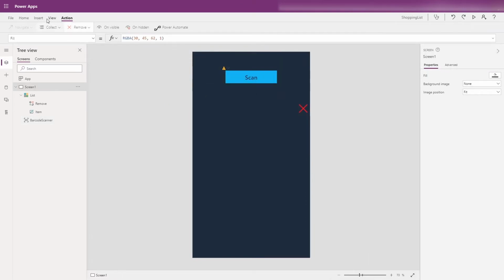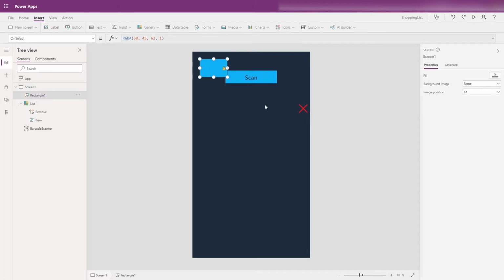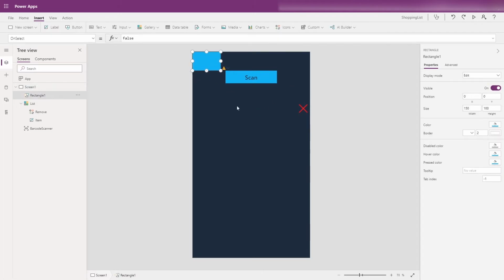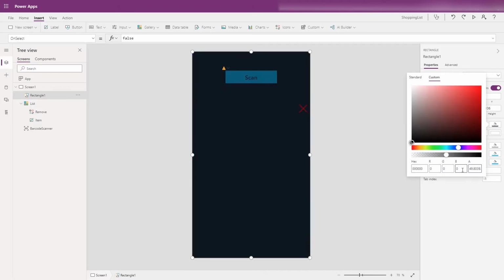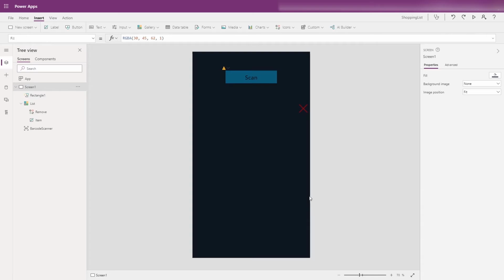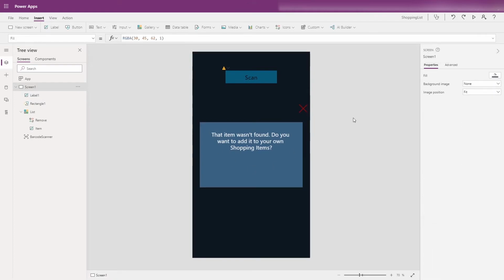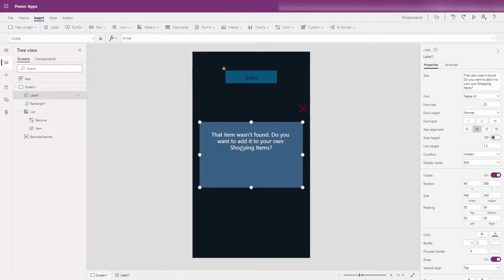Let's add a rectangle, and we make it the full size of the screen. And so I'm going to set it to black with a 50% transparency, so that we can see that we're still on that screen. We're going to add in a label that says that item wasn't found. Do you want to add it to your shopping list? And we need to add in a text input box,